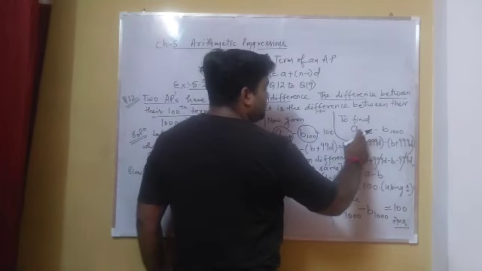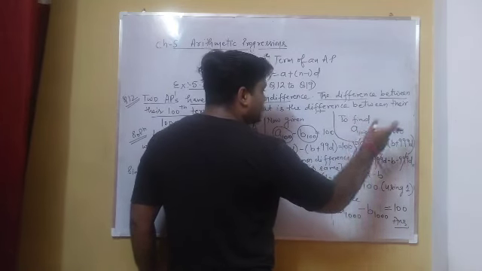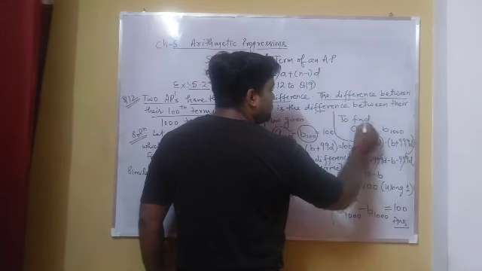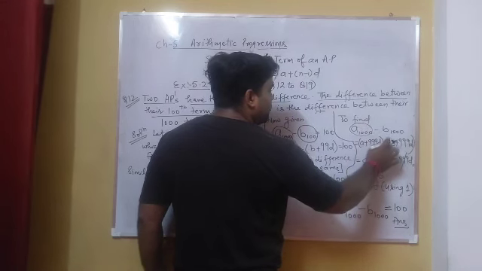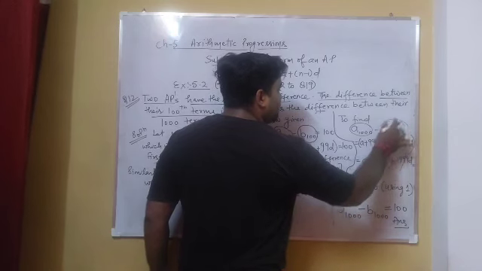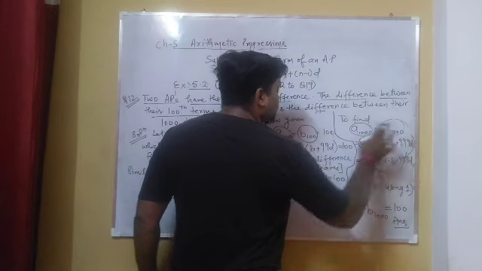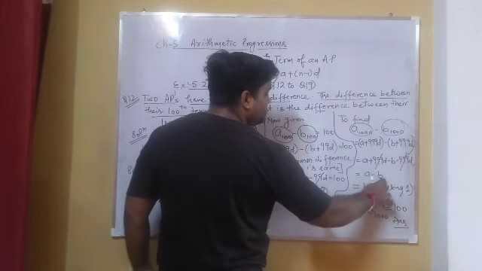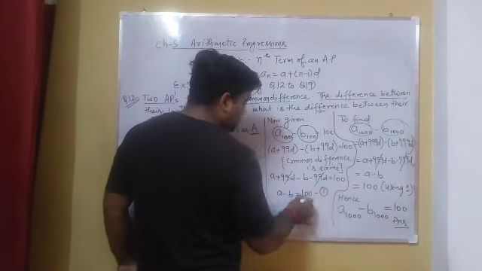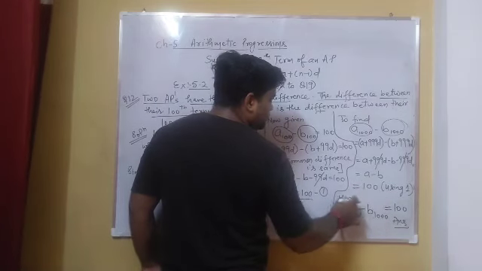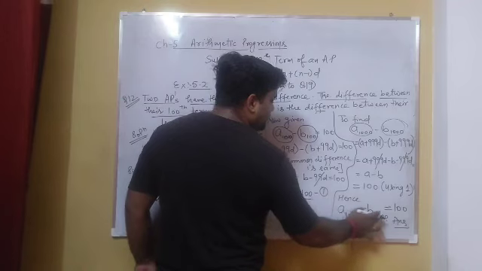Now we have to find the difference between their 1000th terms. So we write a_1000 minus b_1000. We can write this as a plus 999d minus, we can write the b_1000 term as b plus 999d. d is the same, so on solving here we get a minus b. On using the first equation, which is a minus b equal to 100, we write 100. So hence the difference between the 1000th terms is 100.